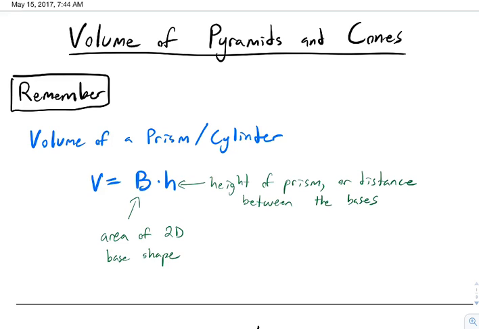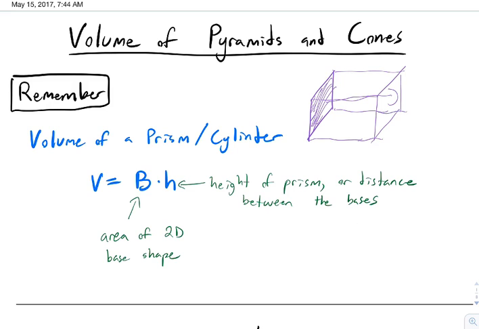Right, so today we're talking about the volume of pyramids and cones. In the last lesson, we talked about the volume of a prism or cylinder, and what we're essentially doing there is taking some two-dimensional shape, and once we found the area of that shape, we're going to stretch it into a third dimension and say, well, the volume of that shape is simply,